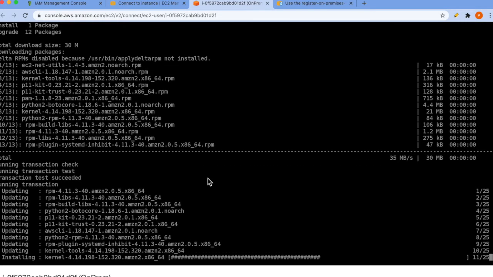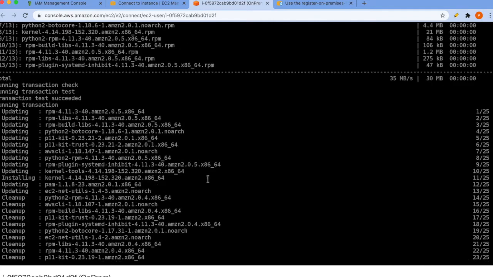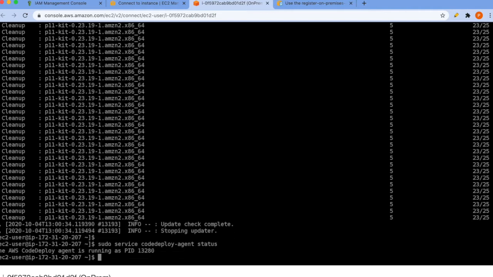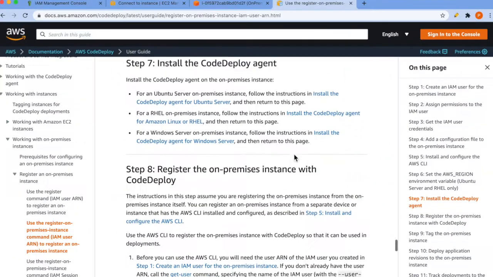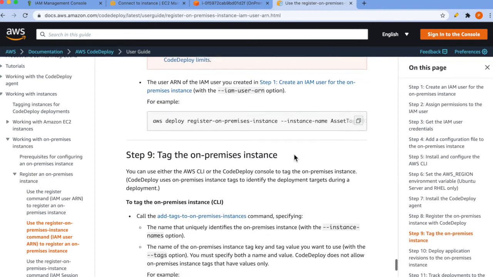It should be fairly quick, it won't take much. Yeah, just wait, almost done. Yeah, so here you can see that agent is installed now. Our on-prem server is now fully ready for deployment.